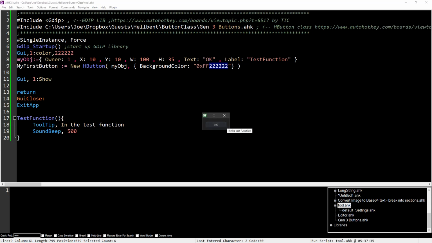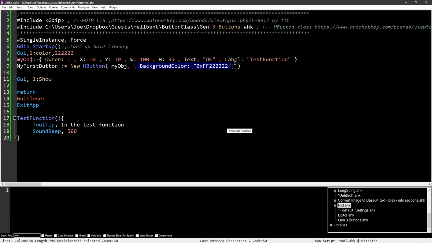Okay, so now let's modify this button. Let's add in some more of those parameters. If we add another comma, another object, let's do the hover state. So we need 2 commas, that would put us in the default. Now we need 1 more comma, that puts us in the hover, and we're going to change the main color of the button, like the color of the top of the button, and we